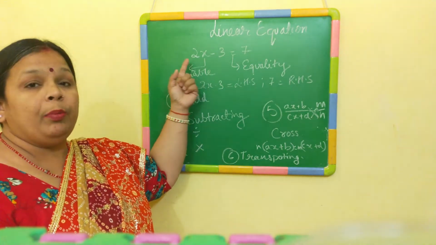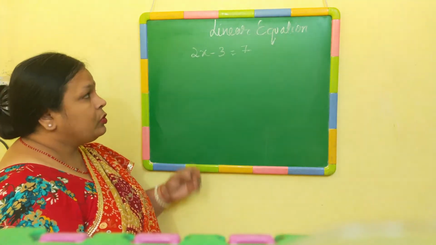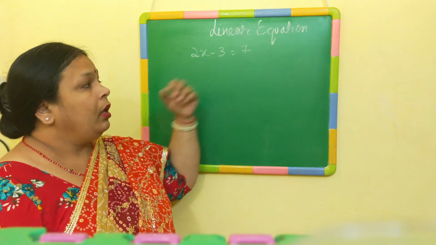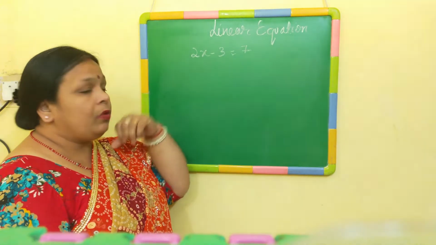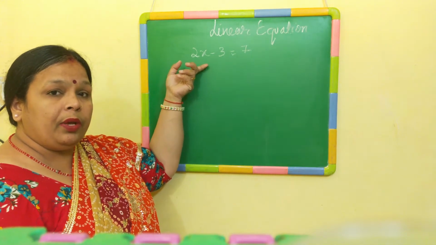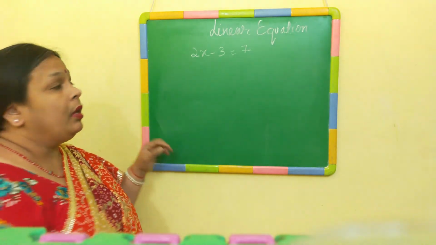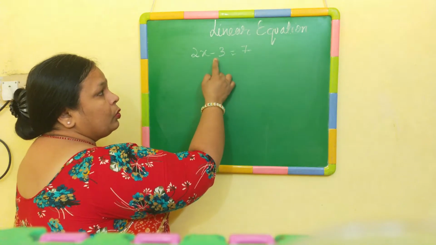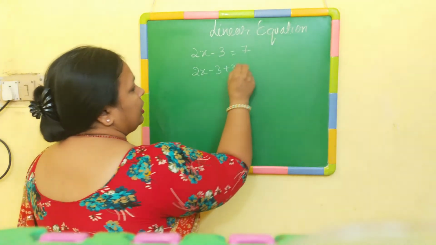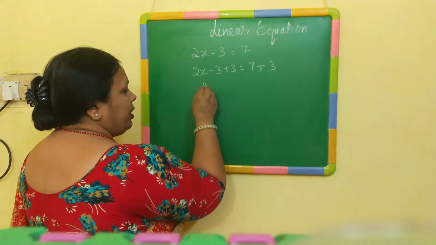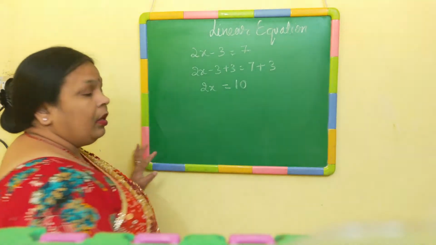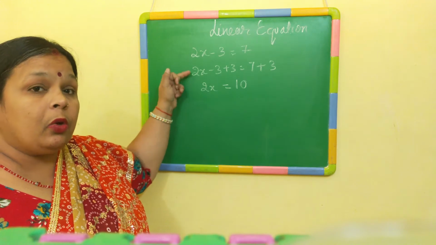Okay. Now let's see how we will be solving this problem. To solve this one using the rules, we have 2x minus 3 is equal to 7. Now our main motive in solving the equation is to make 2x independent and get the value x free. How to make it free? We have minus 3 here. So to remove this minus 3, we will be adding plus 3 on both the sides, which makes this side 0, plus 3 and minus 3 is 0, and this will be 10. Now what we did, we have added plus 3 on both the sides.